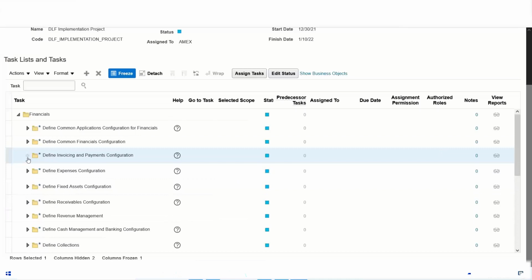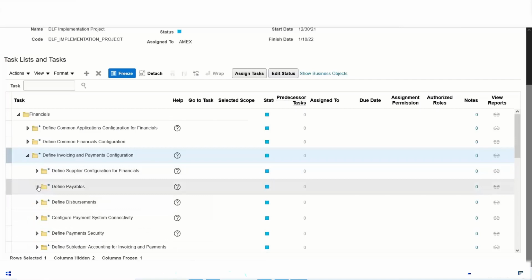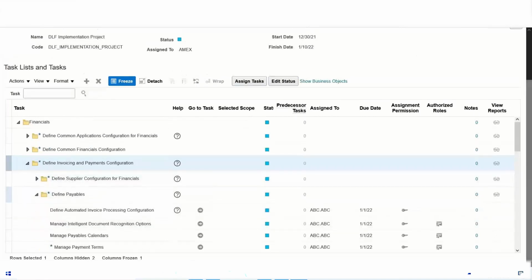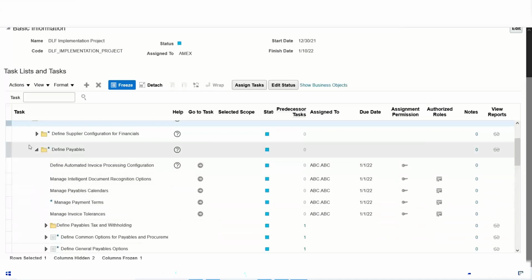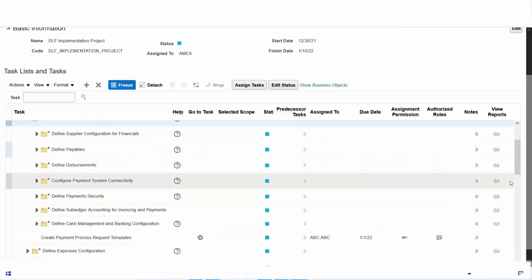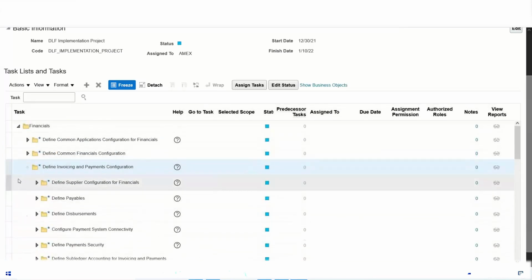You can expand this. Please go on to this place. Now here you can see these setups all need to be completed by ABC. It is showing as assigned to. What is the due date to complete? First, next month first. So this is how we can assign a specific option to a specific team member,